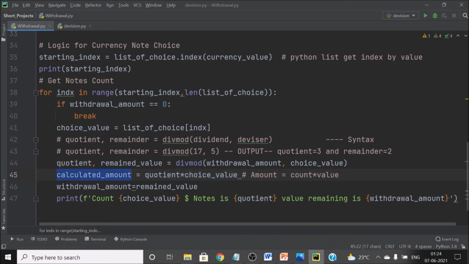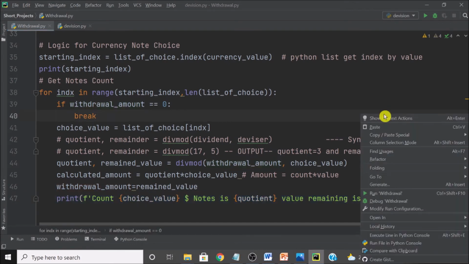Okay, so the calculated amount is 5,000. So how much is the remaining amount? Remained value equals the remainder. I have taken the remained value into the withdrawal amount so that the loop can go and come back with the same thing. And then I am printing it here.